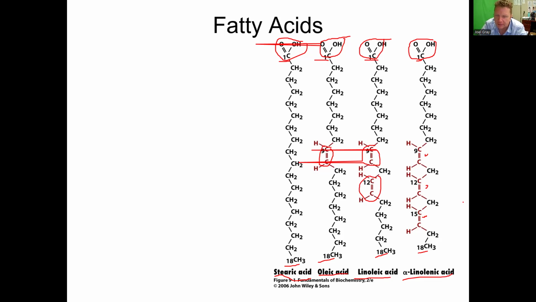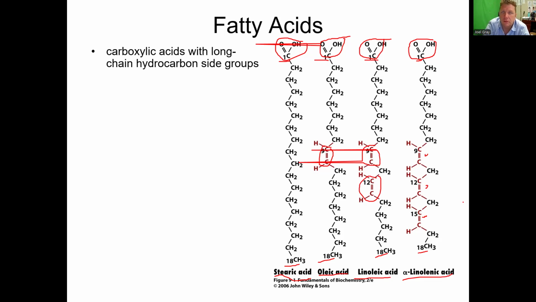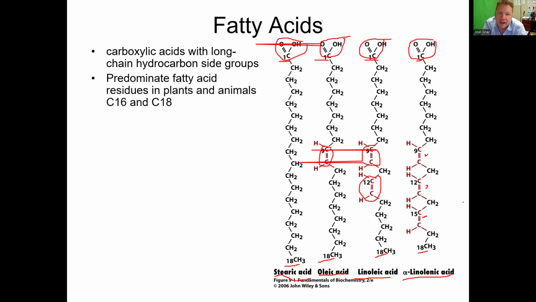Now, these fatty acids are all carboxylic acids with long chain hydrocarbon side groups. The predominant fatty acid residues in plants and animals are 18 or 16 carbons long. This terminology here, saturated and unsaturated, is terminology that you definitely get into in organic, but it's a big part of our discussion of fatty acids. It's also a big part of a discussion of nutritional lipids